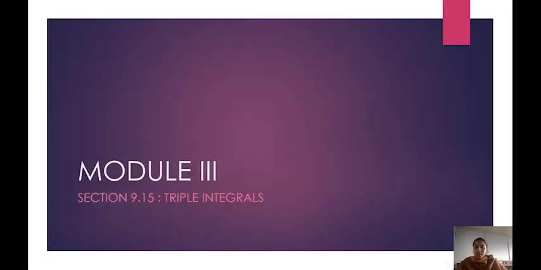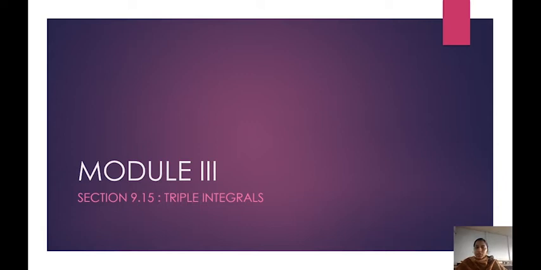Good morning, everybody. We shall continue with our section on triple integrals. So, section 9.15, triple integrals. In today's lecture, we shall be discussing in detail the cylindrical and spherical coordinates, which we had done in the last section, and we'll see the geometric representation of these two types of coordinates,